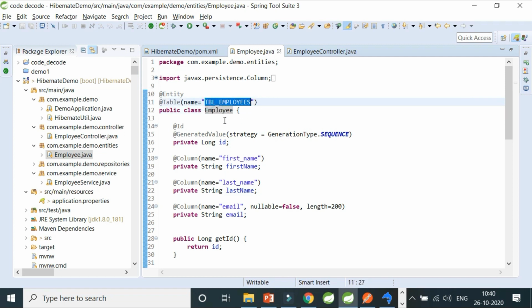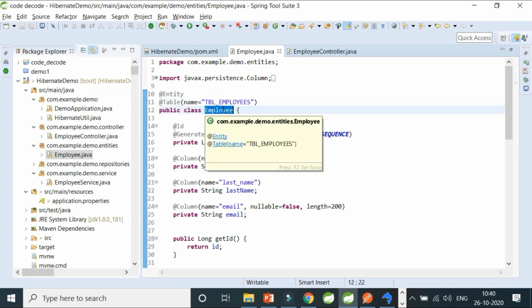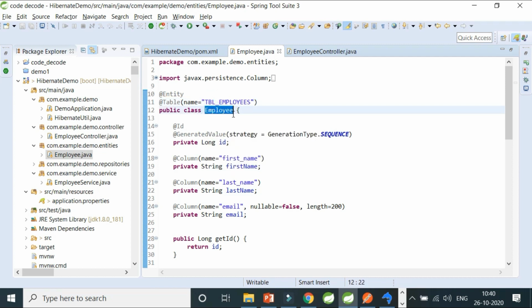So you are telling Hibernate that this is my object, and whenever this object's instance has data, it should be persisted into a table with this name in the database. And internally what Hibernate will do for you, when you try to create this employee object into this table_employees table, it will do nothing but internally call the JDBC statement of an insert query.